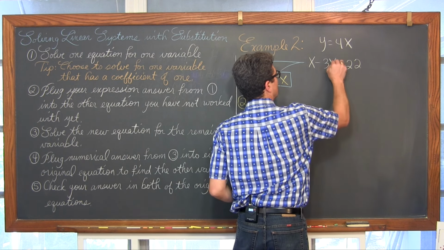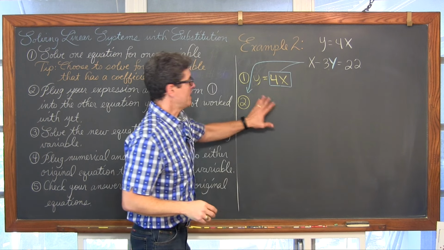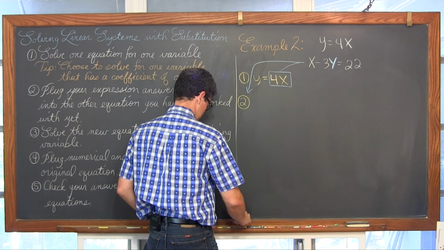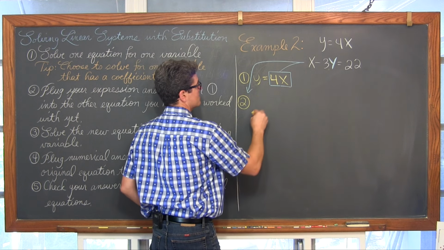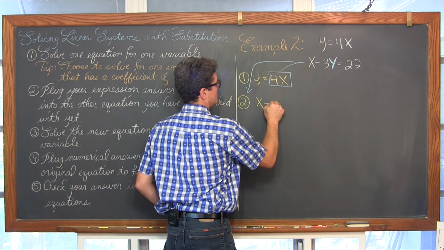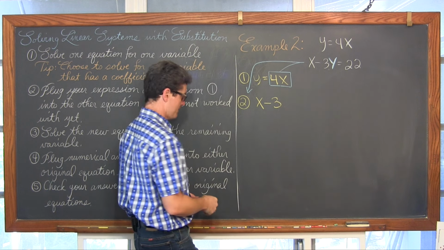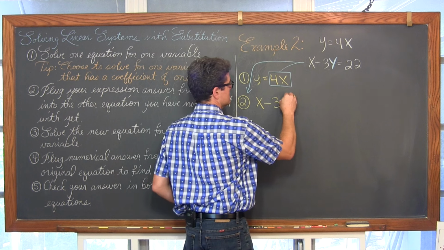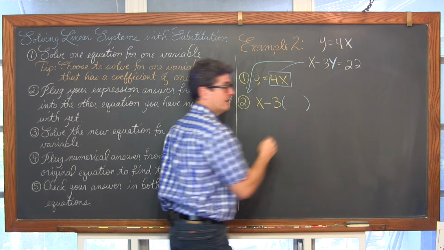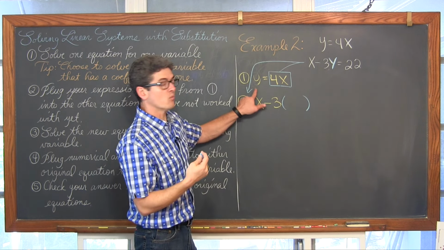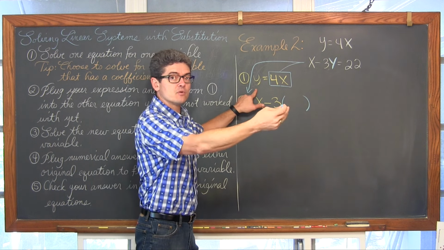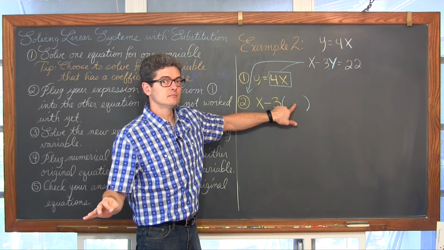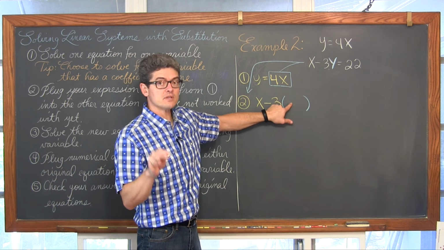It's 3y. So when I write the second equation, I'm going to write, in yellow, I guess, because this is how I've started this here, x minus 3, and I've highlighted this in blue this time. Hopefully that's showing up on the camera. So it's 3 times whatever y I've gotten from the first equation. So the y comes completely out. Okay, this 4x is not going to go in front of y.